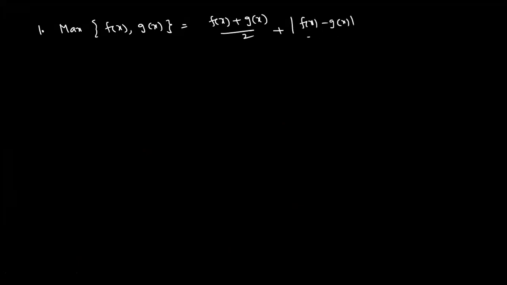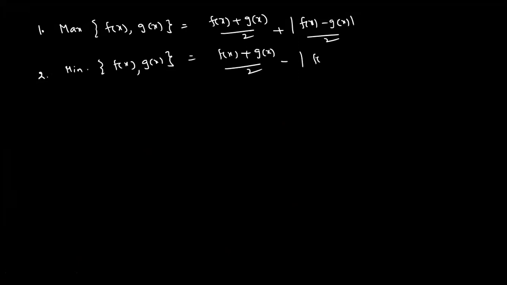One, maximum of f of x comma g of x is equal to, what is the answer? f of x plus g of x by 2, plus directly f of x minus g of x by 2. Two, minimum of f of x comma g of x is f of x plus g of x by 2 minus